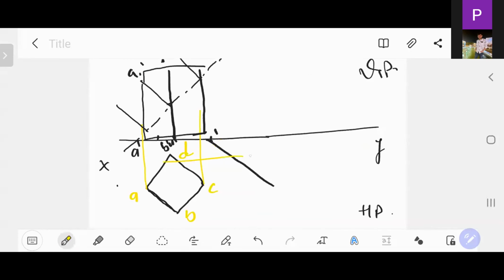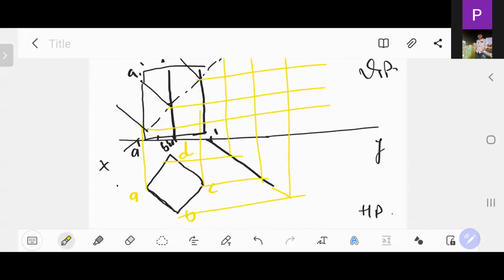Here is the projection for the side view and upside projection. Then after projection from here, we have the side view. Okay. After joining all these points, that is similar to the previous case only.